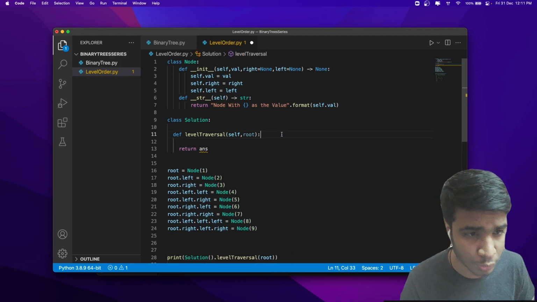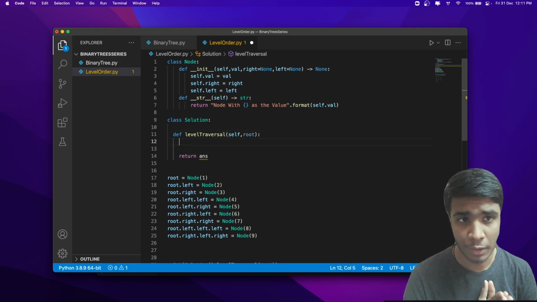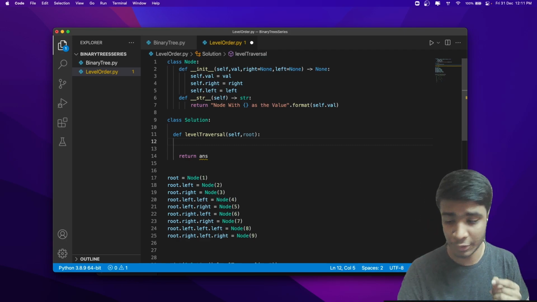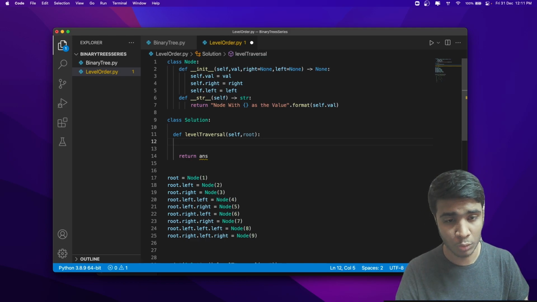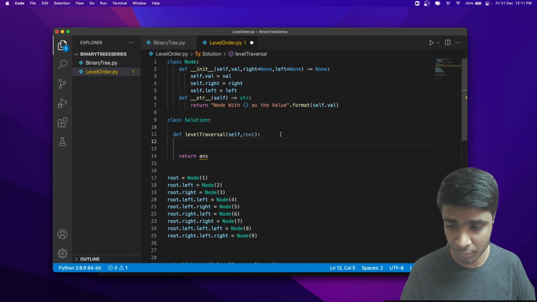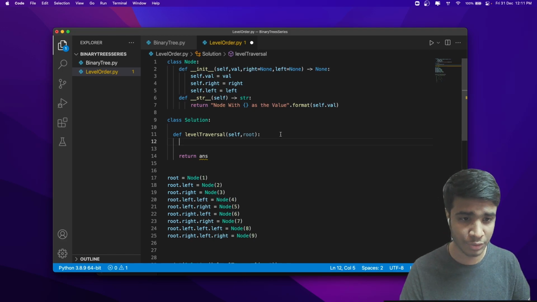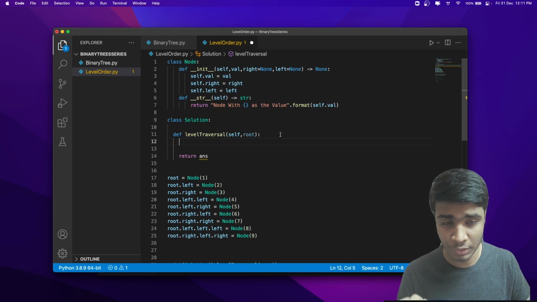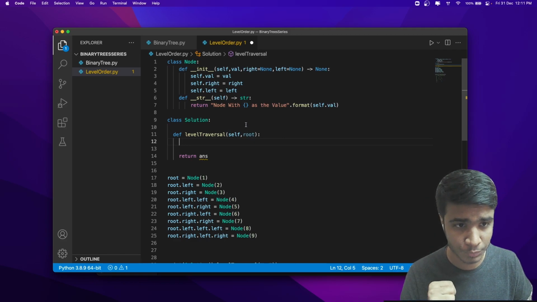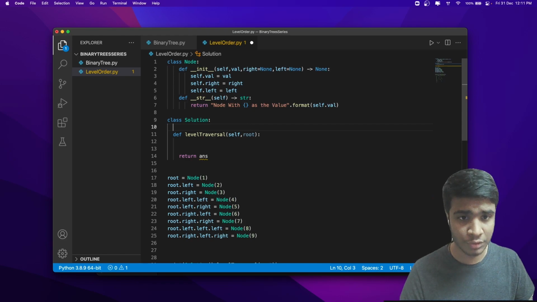Let's code it up. One way that I solve all these binary tree problems is using recursion. And trust me, recursion will almost solve every problem in binary trees. I'm saying almost, right? Iteration will solve 100% of problems, but recursion will solve most of the problems in binary trees. So let's understand how, this is how I would be solving the problem.